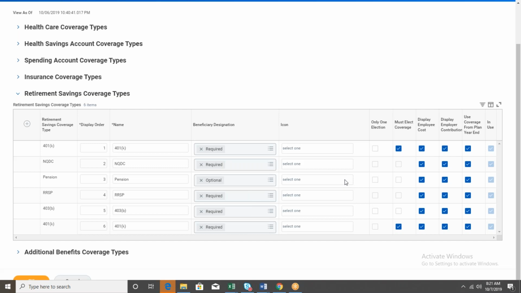So retirement savings. In most of the countries, retirement savings is mandatory. For example, in the US we have 401k, in India we have provident fund, in the UK it's pension, and in Australia we also call it pension, right?